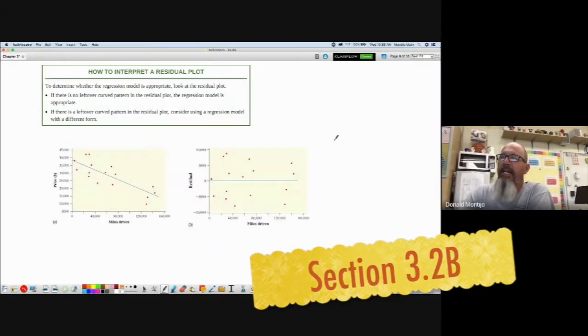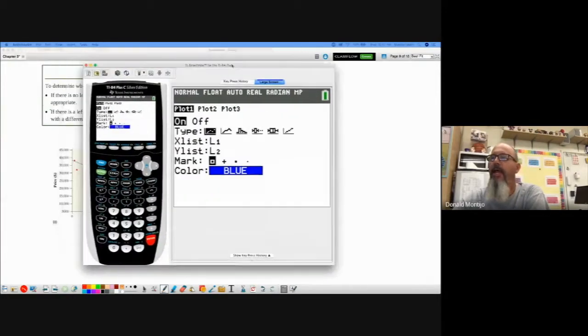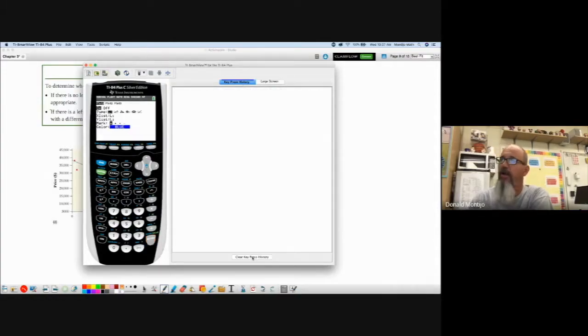All right, now we need to make a residual plot. Okay, a residual plot, let's go back to our favorite tool here, our calculator, and let's look at making a residual plot. So let's clear our key history here. Now we already have the scatter plot made. We already have the